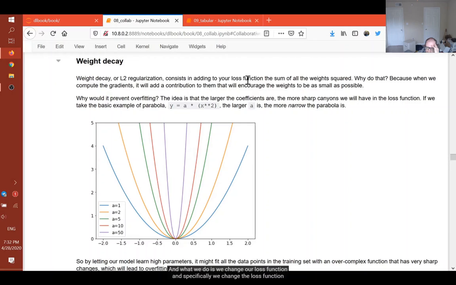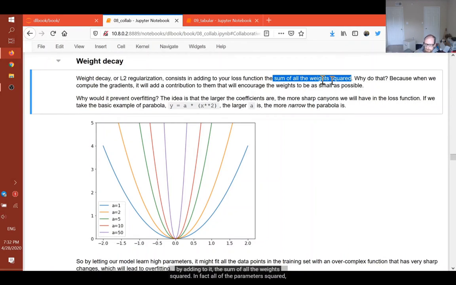And specifically, we change the loss function by adding to it the sum of all the weights squared. In fact, all the parameters squared, really should say. Why do we do that? Well, because if that's part of the loss function, then one way to decrease the loss would be to decrease the weights. One particular weight, or all of the weights, or something like that. And so when we decrease the weights, if you think about what that would do, then think about, for example,